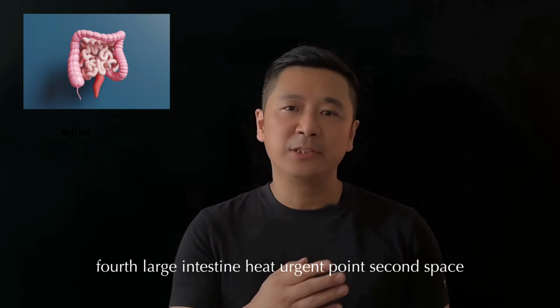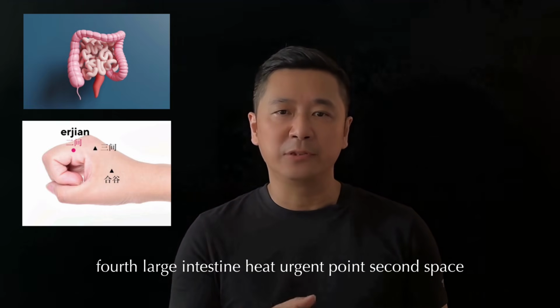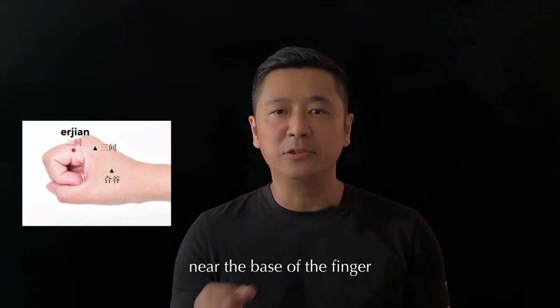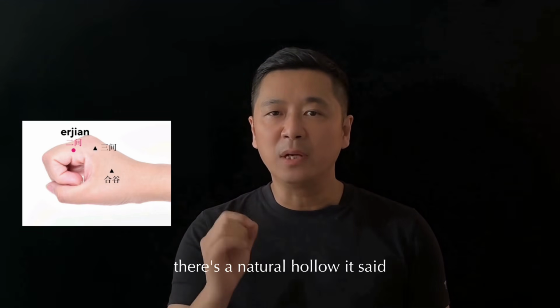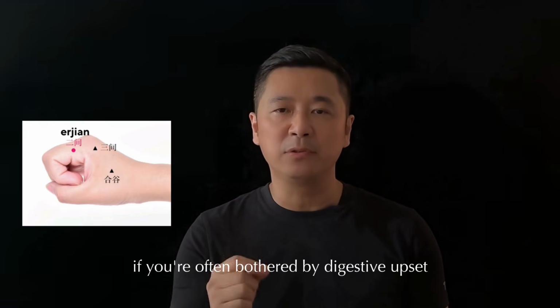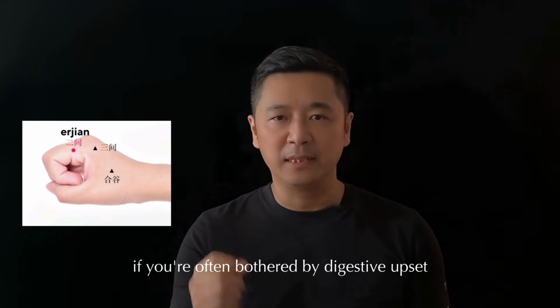Fourth, large intestine heat, urgent point, second space point. Feel the side of your index finger near the base of the finger. There's a natural hollow. It's said regular pressure here may be helpful if you're often bothered by digestive upset, especially